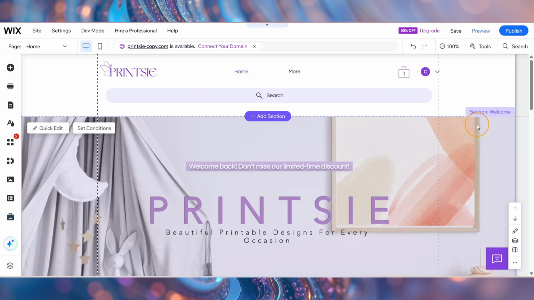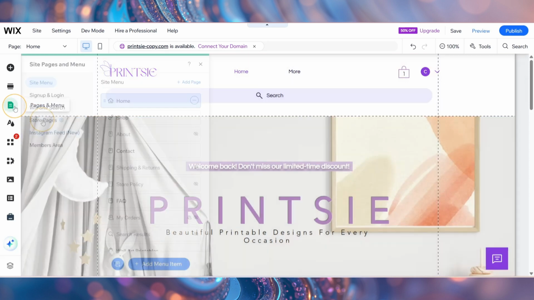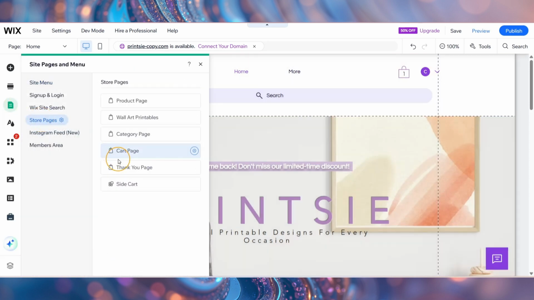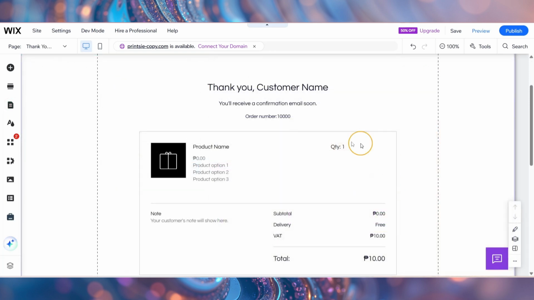Let's get started. On the Wix editor, go to Pages and Menu on the left. Under Store Pages, select the thank you page. And this is what it looks like. To customize it, click on your thank you page element and click on